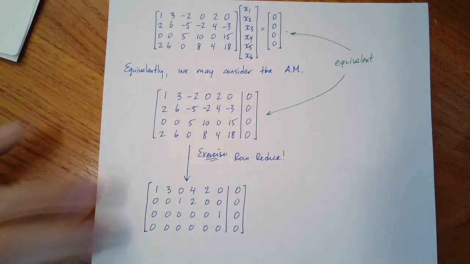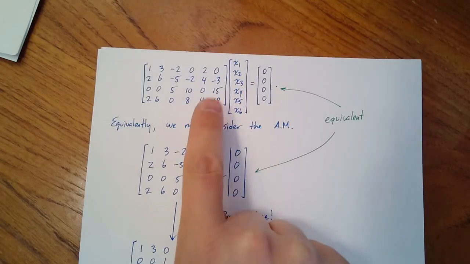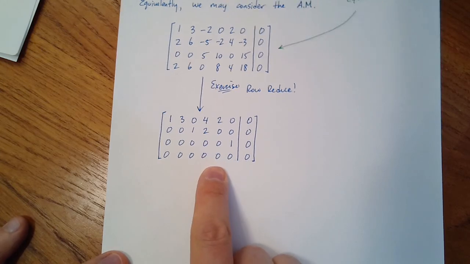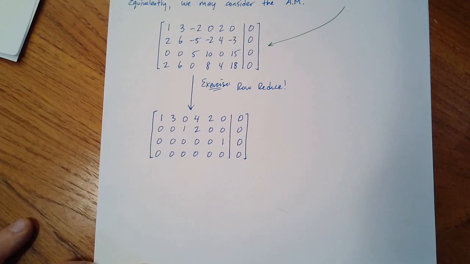The reason you want to do that is because you actually want to write down explicitly what the solution set is to this matrix equation. And by this matrix equation, I mean this one up here. This is what we're trying to solve. And this is the reduced row echelon form of the augmented matrix. So now we're ready to write down the solution. I'm going to stop this clip and we'll